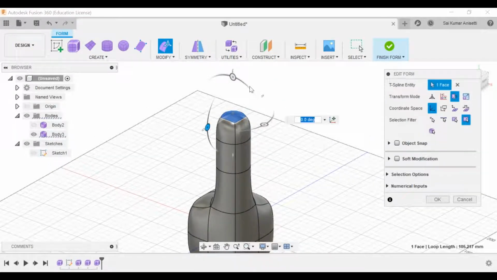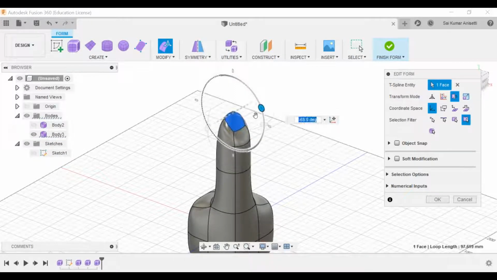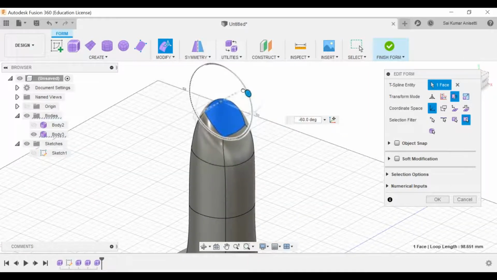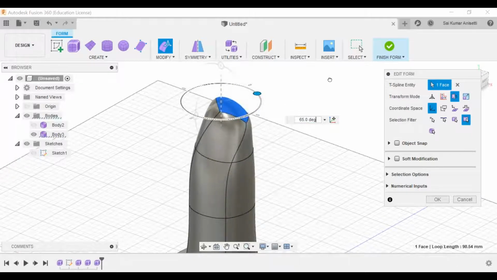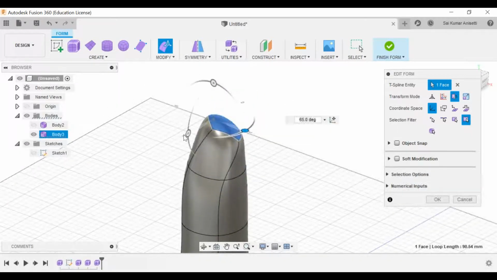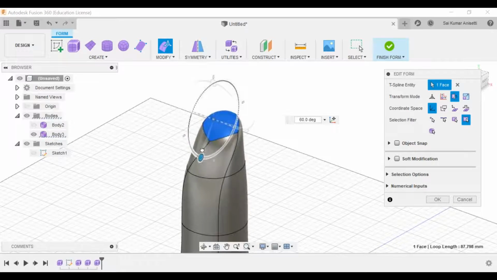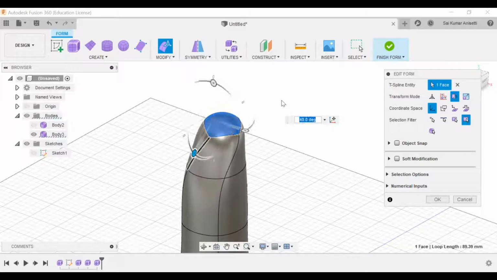Now let me rotate this face. So I have selected this particular face. Now let me rotate it. Just see the shape. Let me zoom in. This is how it is, just like your balloon or something else, you can just play with this. Now if I want to rotate this along different axes, I'm rotating in this direction and twisting it in this direction. I'm just rotating it with respect to what I put.